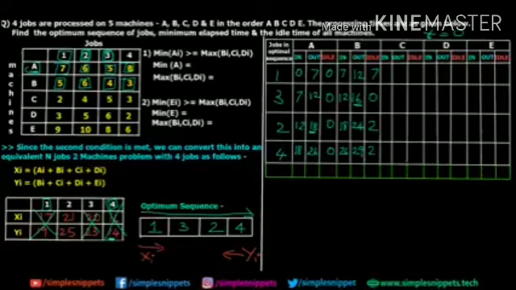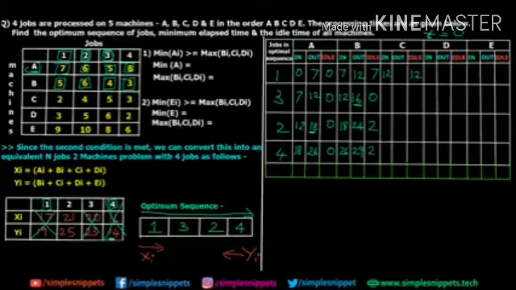Now we come to machine C. So machine C is waiting for job 1 till the 12th minute, right? Because A was processing it till 7 minutes. Then it came to B. So B processed it till 12 minutes. So the end time for job 1 on machine C is going to be 12 minutes. However, C was also started at t equals 0. So it had to wait for 12 minutes, right? So that's why 12 over here.